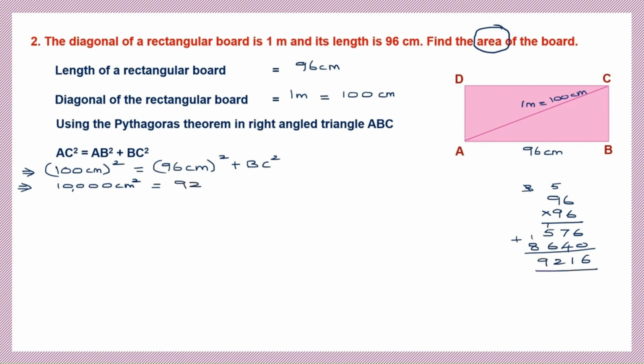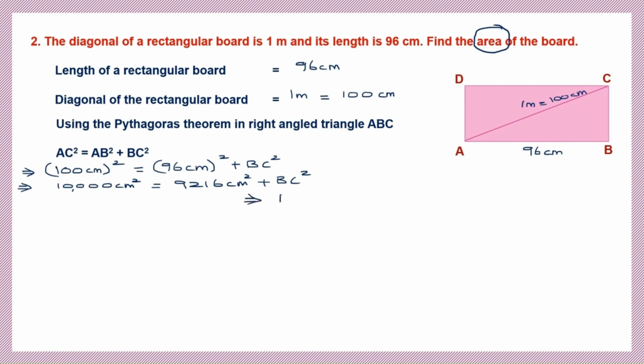9216 centimeters square plus BC square. So we're going to find out BC square now. So we're going to continue with the equation. We're going to leave BC square on the left hand side. On the right, we already have 10,000 centimeters square, and we're going to take